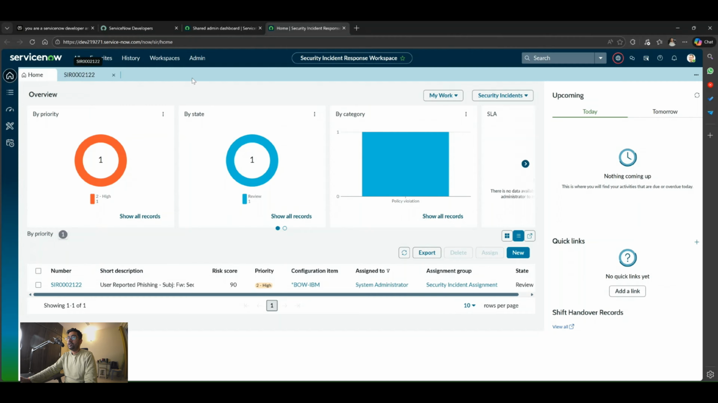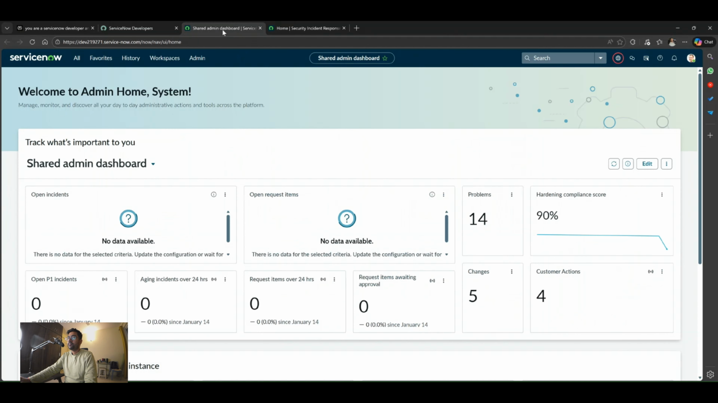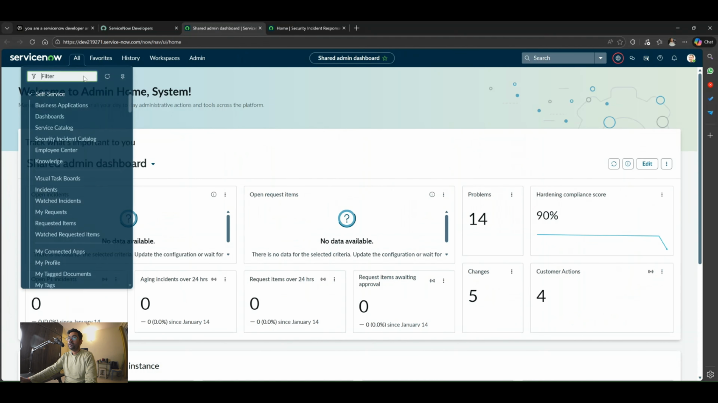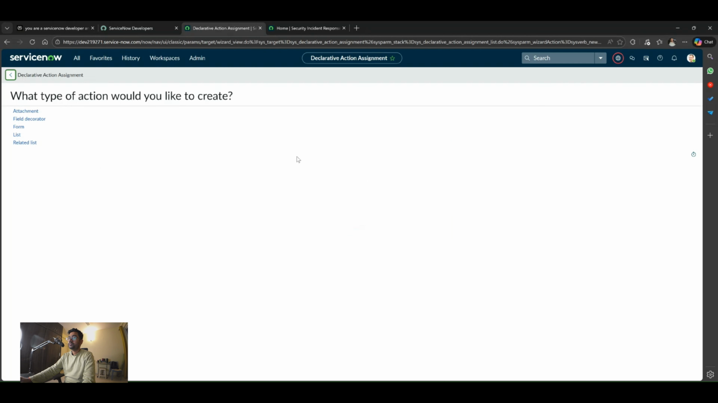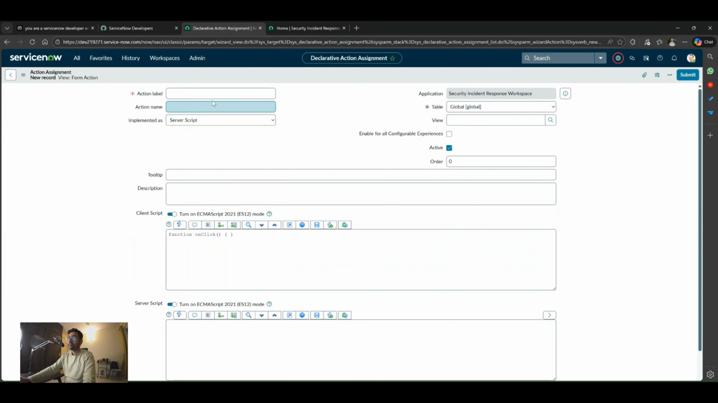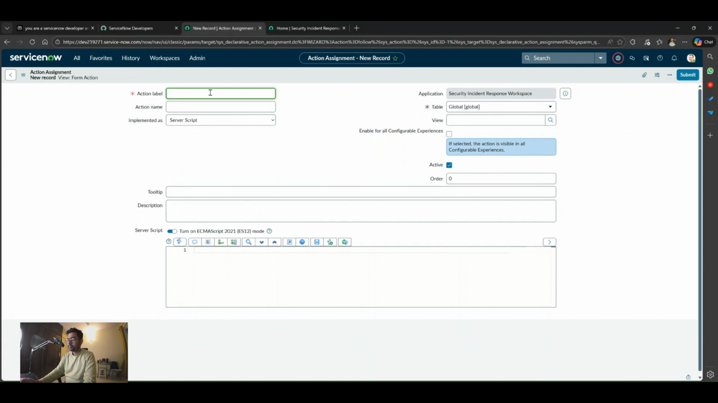So let's start building. So we go to the declarative actions and we click on create new action. I'll go with the form action, and here I'll give my action name. So I'll say IOC Hunt. It populated the action name,